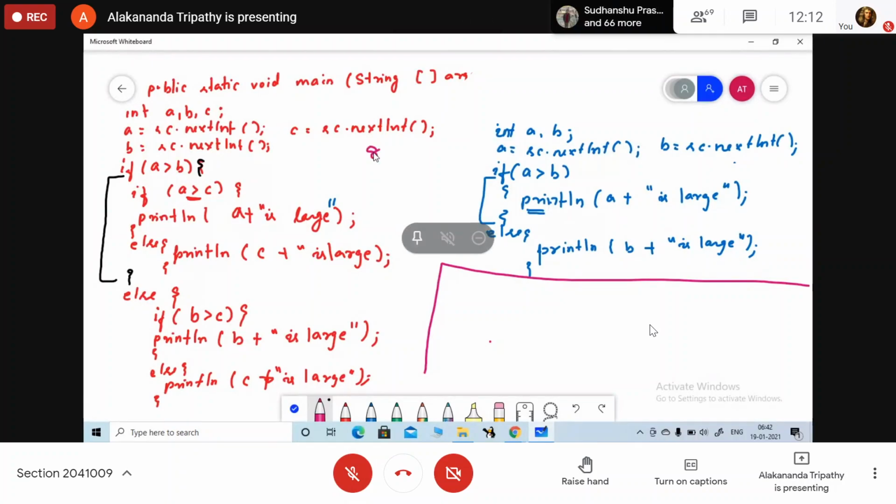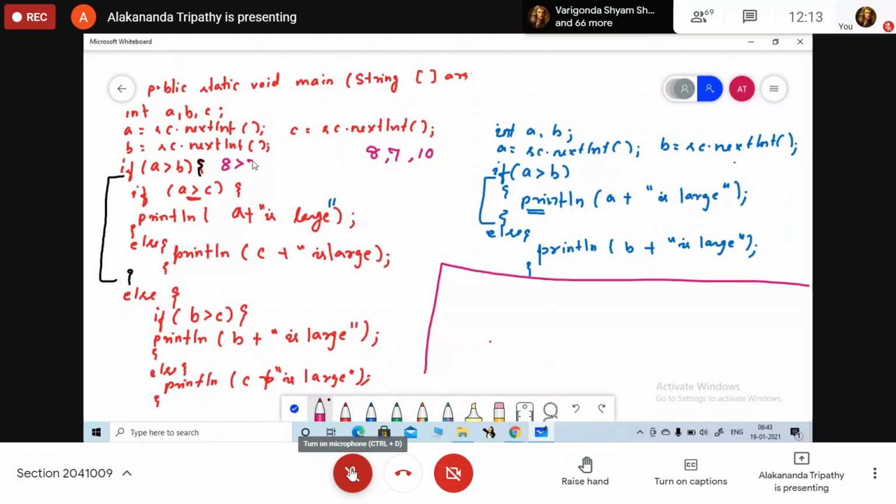Now let's say I have inputted the number 8, and this one is 7, and this one is 10. Okay. So here I have taken three numbers: 8, 7 and 10. So first, what will we compare?